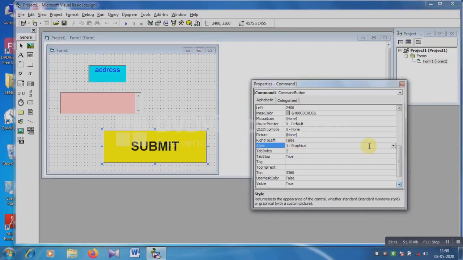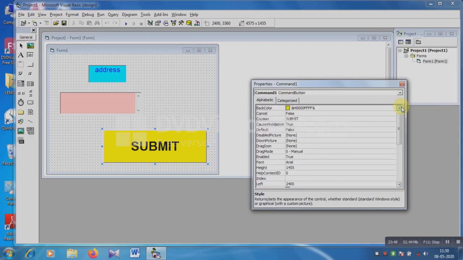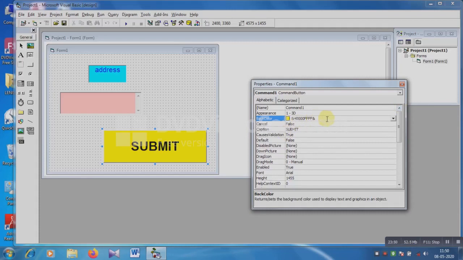Graphical means when you choose the graphical option, then the color option will be enabled. After choosing graphical, the background color of the submit button will be changed.